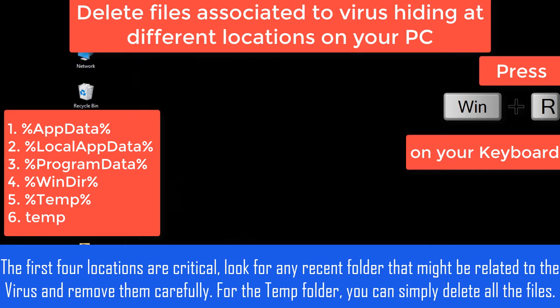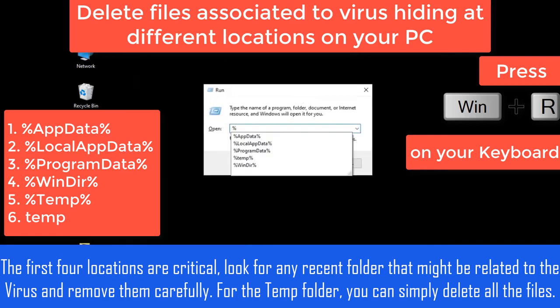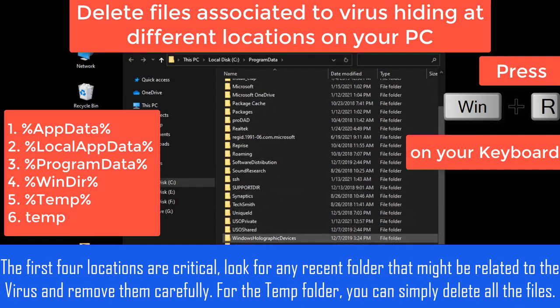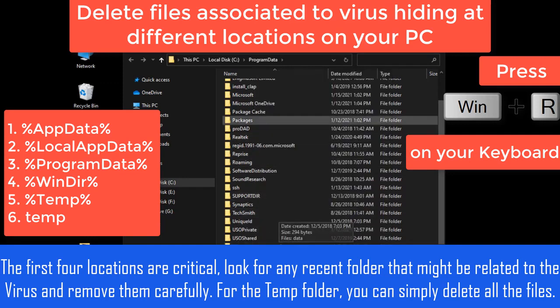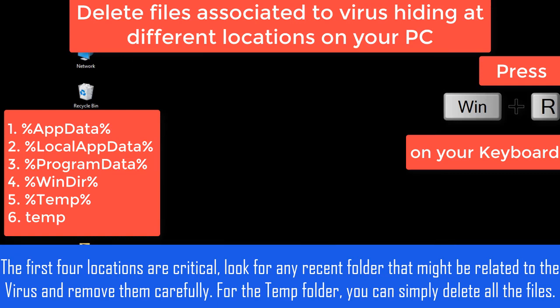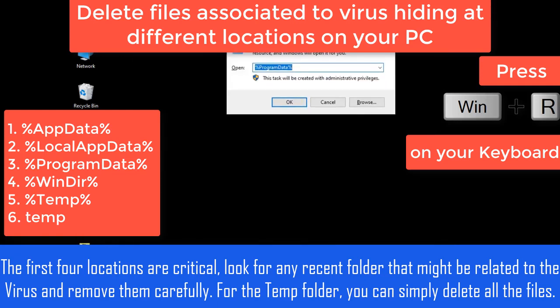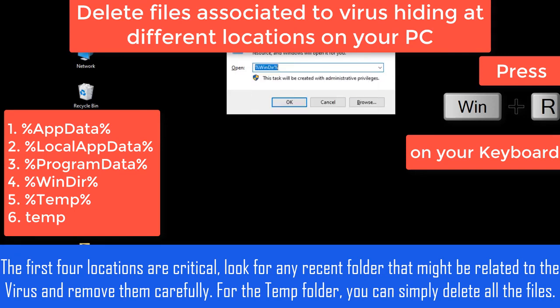But for the sake of this tutorial, I am going to perform all these steps right in front of you and find and delete all the files that are suspicious and malicious or related to this virus. As you can see, I am trying to find any suspicious or malicious files that are related to this virus. Keep one thing in mind that viruses may create folders in these paths with different names to hide their identity. So look for any files added recently at the time of your system infection and remove them.